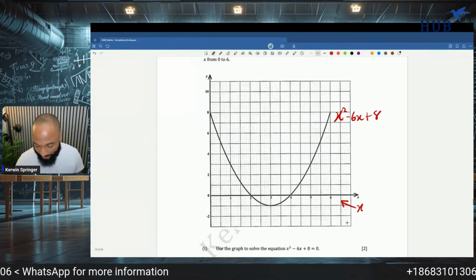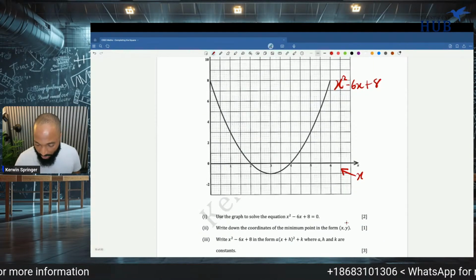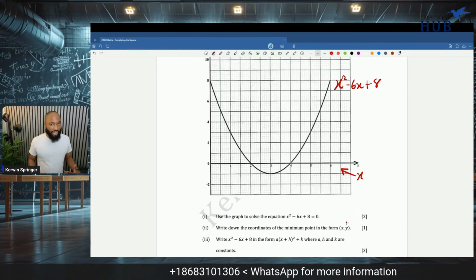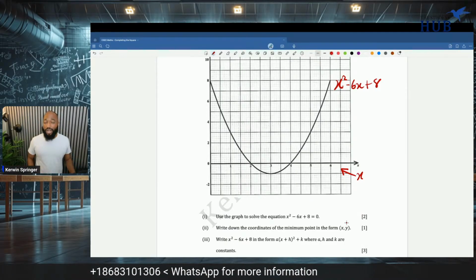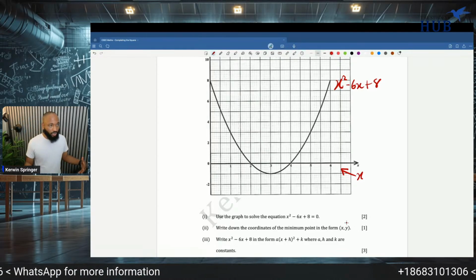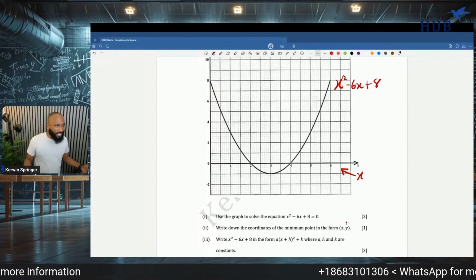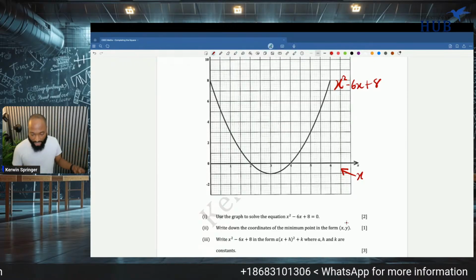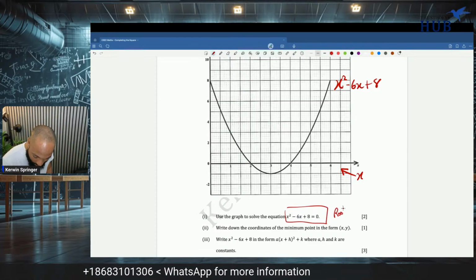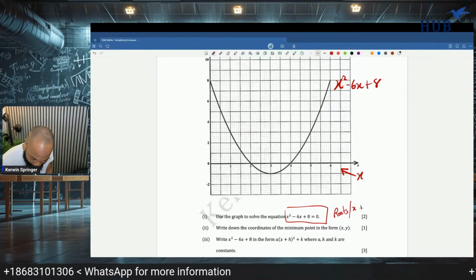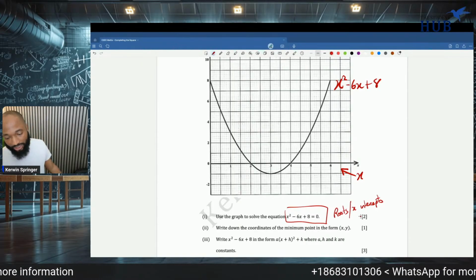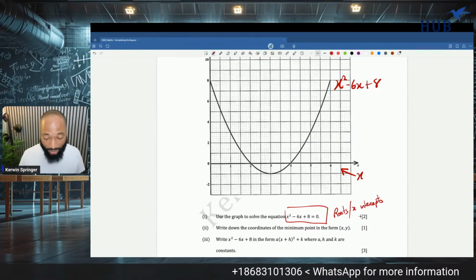Okay, cool. What's next? Use the graph to solve the equation. So instead of completing the square, they really want to see if you understand what happens when you complete the square. What is a quadratic curve going on about? Well, what are the solutions for this graph equal to 0? This is the roots. This is when you solve it. This is also called the x-intercepts, not y, x-intercepts. What is the solutions? From the graph,